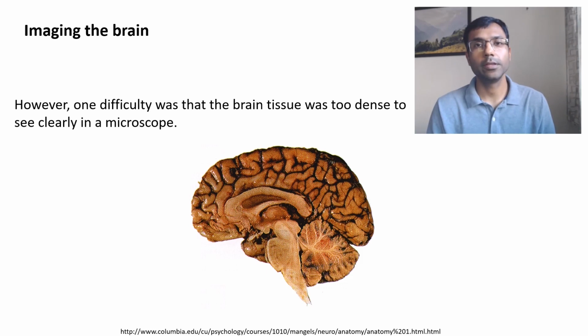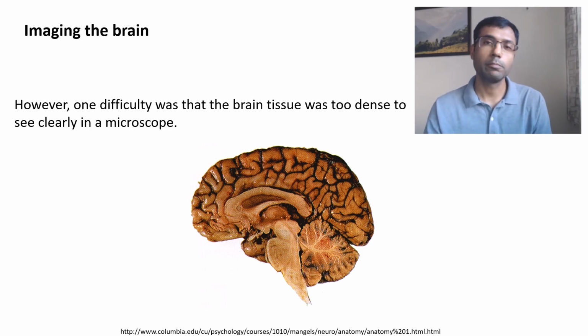In the last video, we saw that people have been trying to understand the brain for thousands of years, but they could only make limited progress because they were not able to see the brain in a great amount of detail. They were limited by the tools. And this began to change with the invention of microscopy in the last few hundred years. So with a microscope, you could see the brain in much more detail, but that still did not resolve the problem completely. And the reason was this.